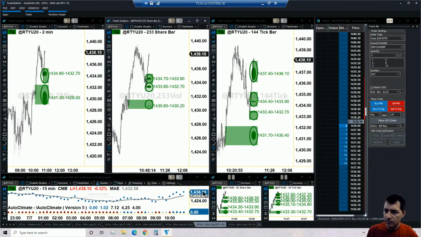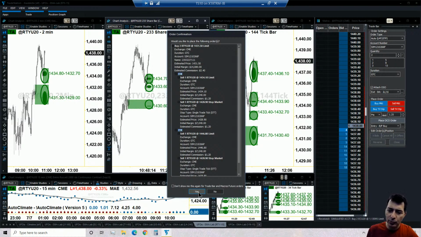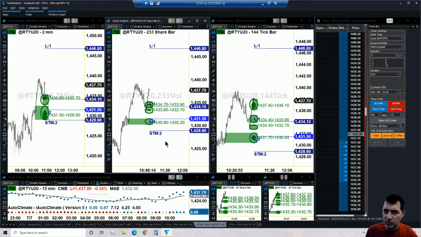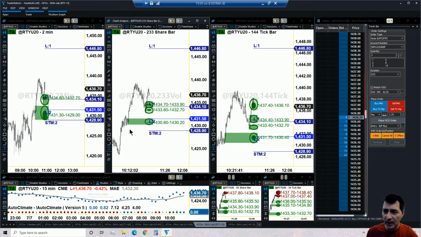So let's place an order. This time I did not zoom in because you have seen this process multiple times today. So I'm just gonna show it on the screen. So we have the entry based on that UFO, 1431.5. Okay, you may see the EMA higher than that, but the price is 37. So if the price of the Russell goes down, the EMA will go down and it will line up with that UFO. And I know this because earlier price was closer and I saw that.